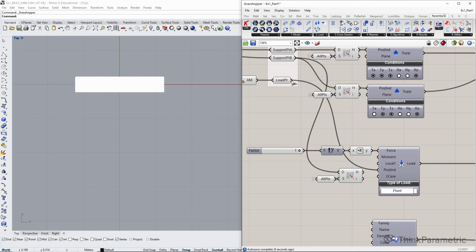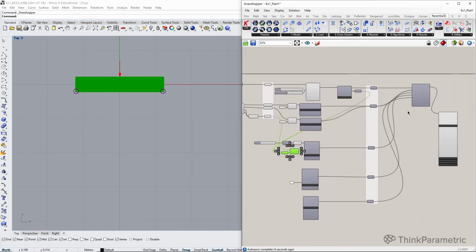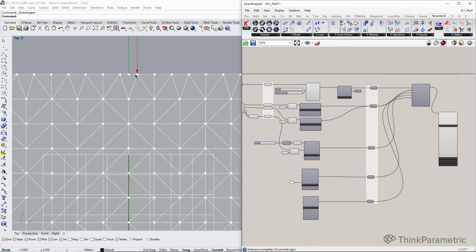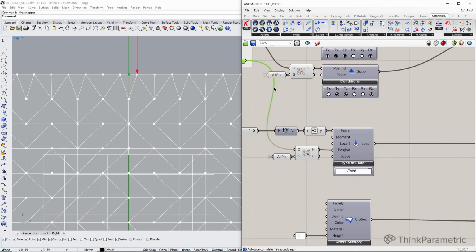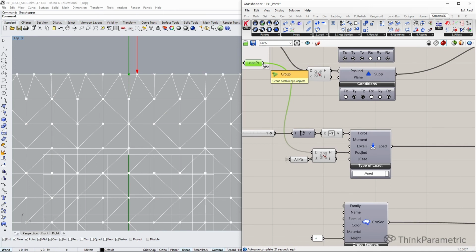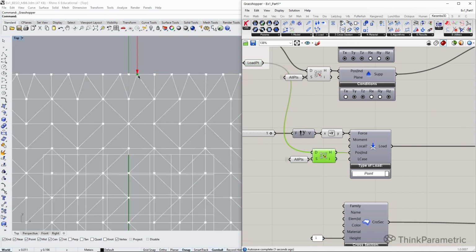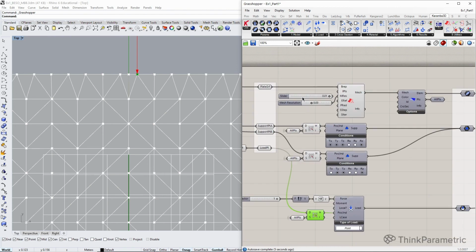So the load point goes to D and the edge goes to position. And now we should have fixed this problem. If we zoom in, it finds the closest point, sort of arbitrarily to the right or left of this initial point that was in the middle. If you want to see the difference, this is our initial point that could not be found, and this is the point that is closest to it, and it works for Karamba quite well.